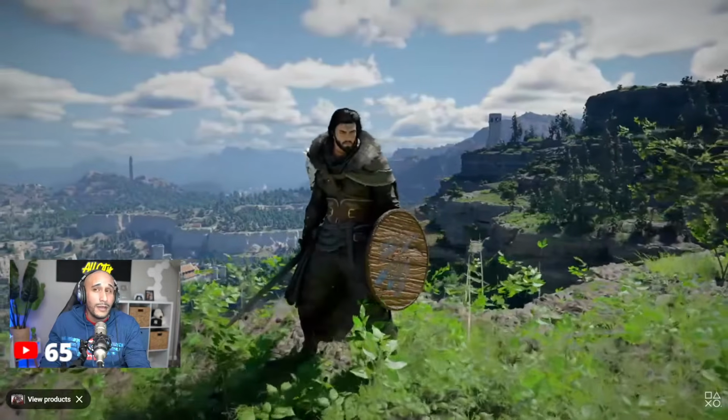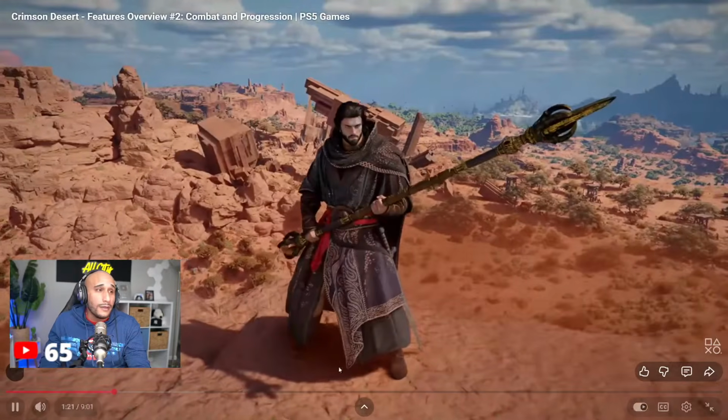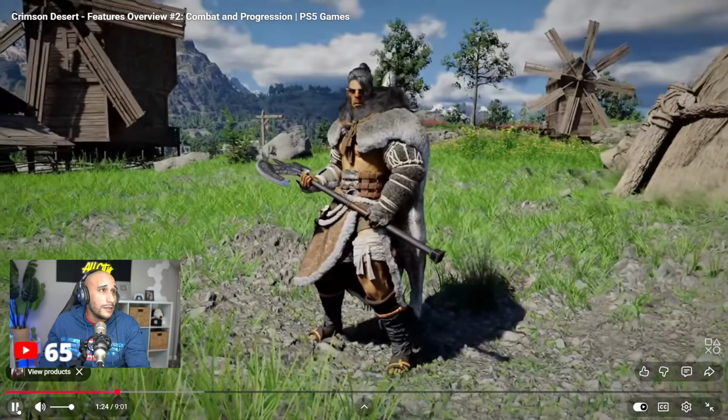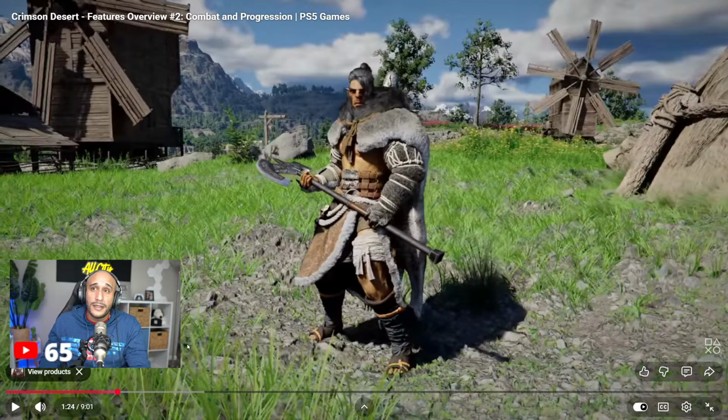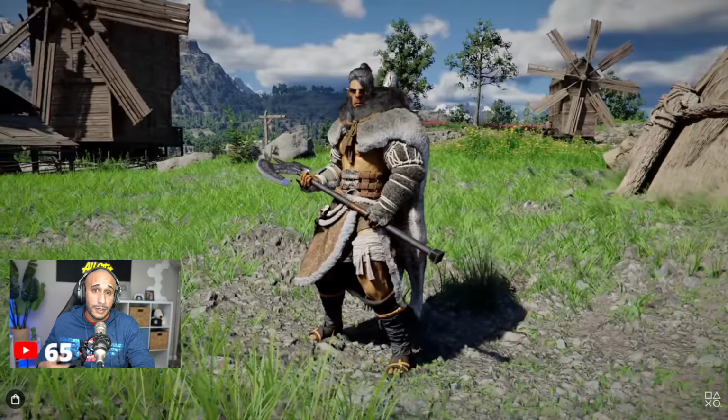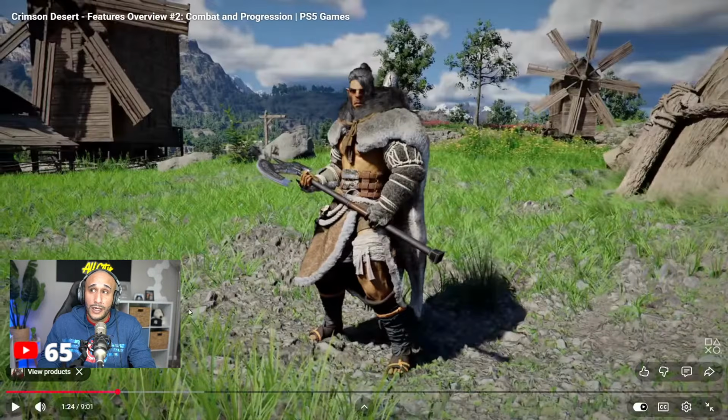Wield a wide array of weapons from sword and shield, spears, great swords, axes. They said that this game is attempting to incorporate the greatness from a bunch of different great games: Assassin's Creed, the series, incorporating aspects from there, incorporating aspects of the Zelda games, Breath of the Wild, Tears of the Kingdom, multiple aspects from both games. And now I seen that Bioshock thing that they had going on there. Open world, supposed to be just one of the gems.